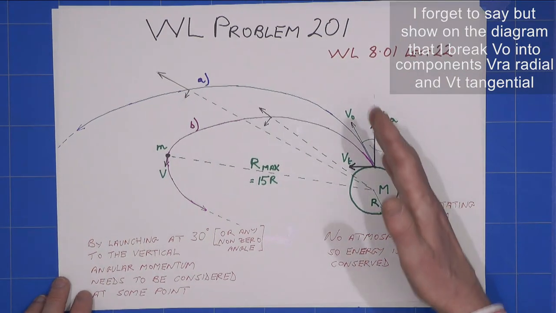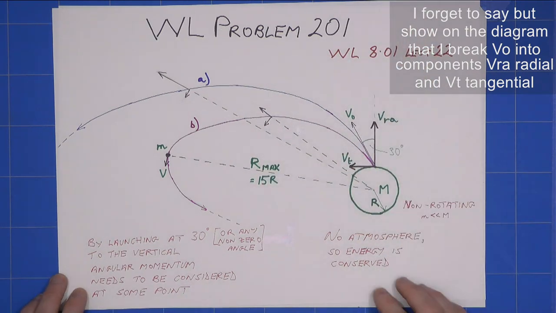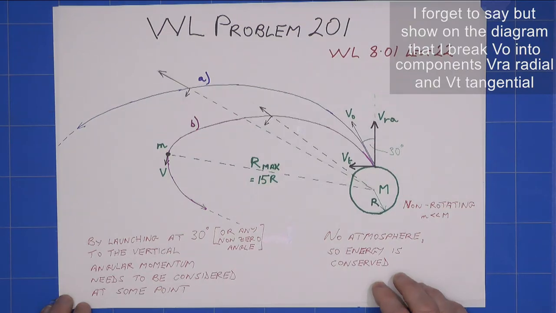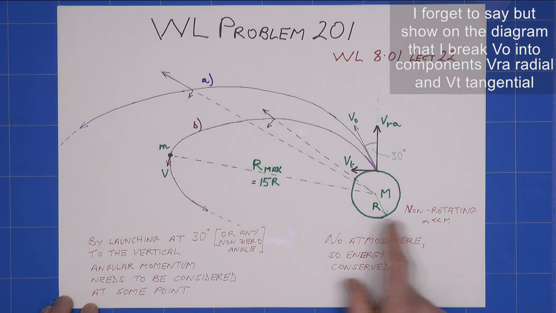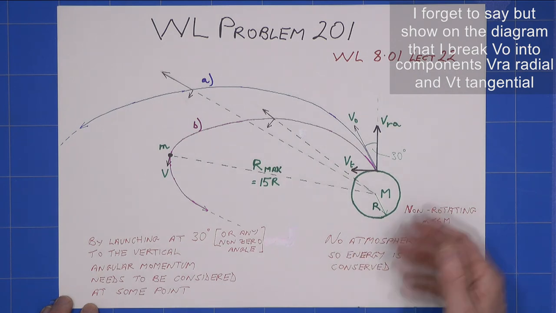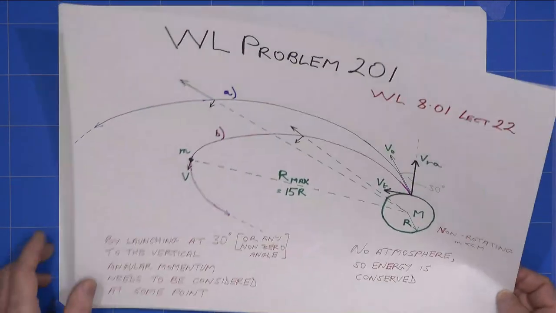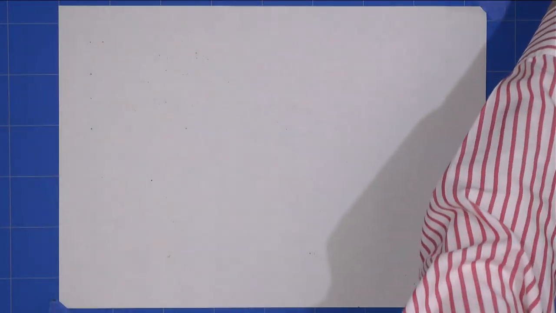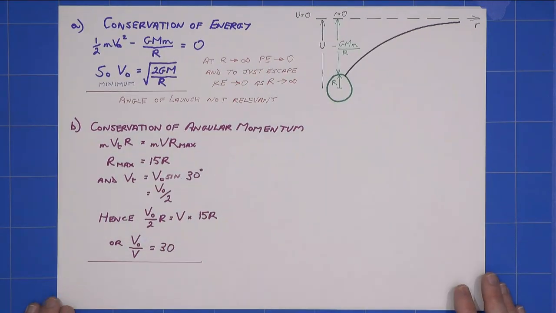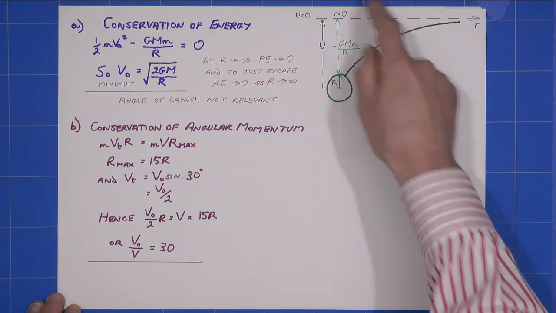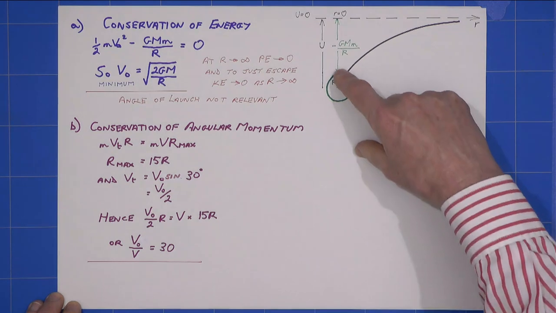Also, by launching at 30 degrees, or in fact any angle, we are going to be introducing angular momentum, and we need to consider that at some point. And we're also told that there's no atmosphere, so energy is conserved for the whole system. We've got no frictional losses. So, part A. You should be familiar with this kind of diagram by now. At our launch condition,